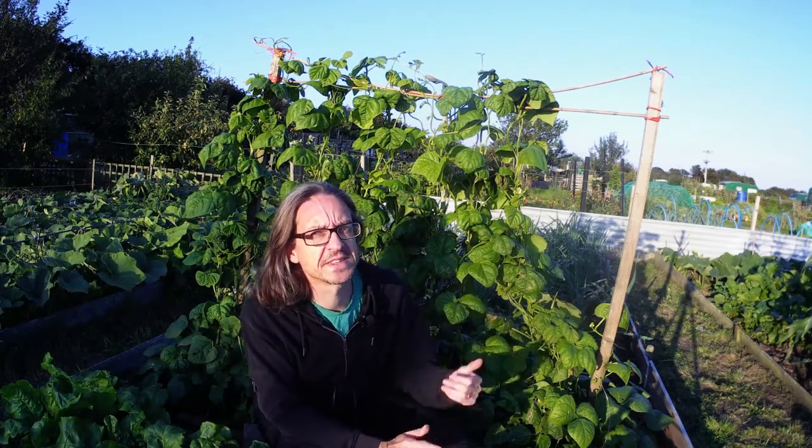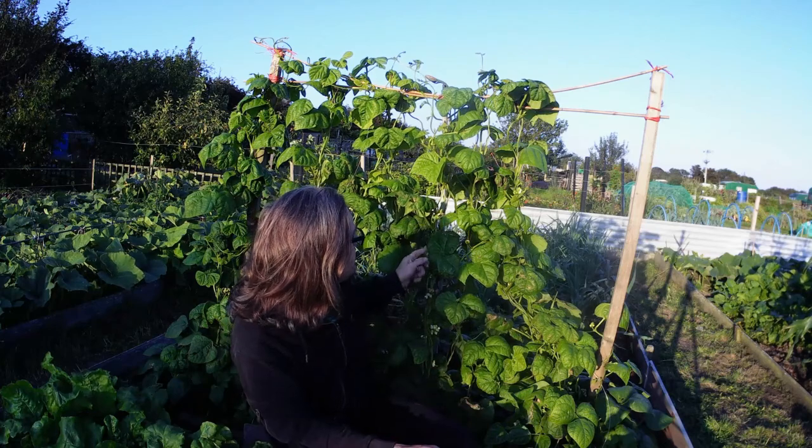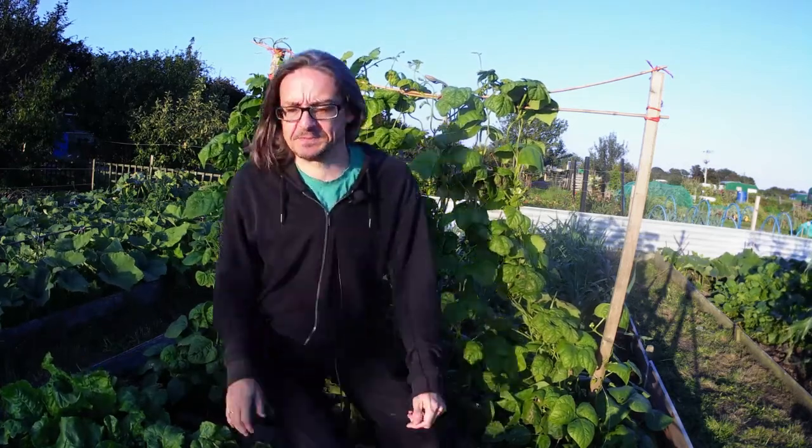Well, after some emergency repairs to the structure last week, my climbing beans seem to have survived the storm. They're starting to grow some white flowers, so hopefully it won't be long before we've got some beans. But my main focus of this area this week is